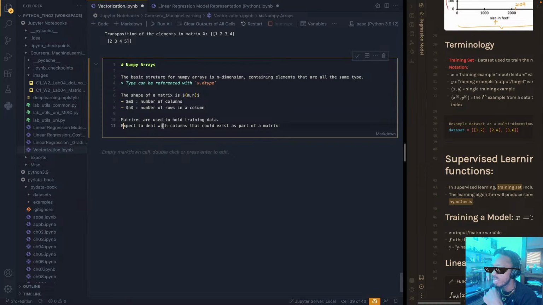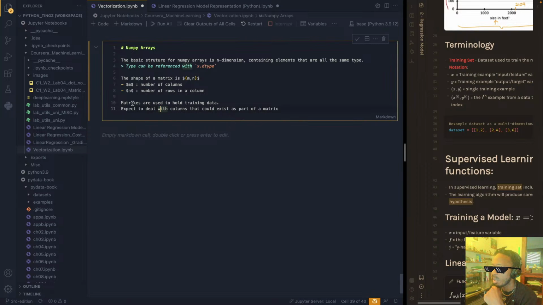So just know that what's important here is that these matrices, the purpose of them isn't that we're always going to be creating them explicitly, but that we will have some data to deal with, and we want to perform our regressions against that data, but we need to have a data structure to facilitate that. And then what we'll be able to do when we have these matrices,